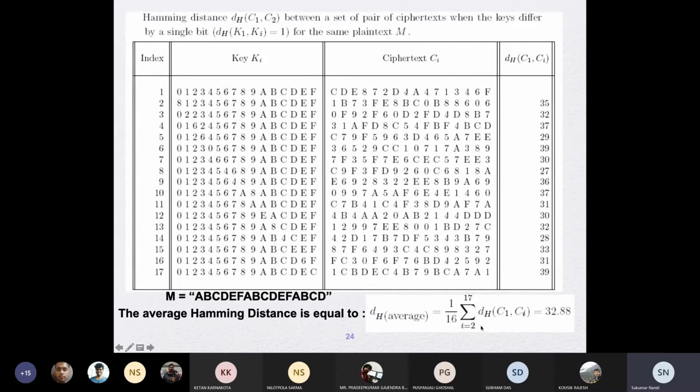And if you average, in this case also, you will get 32.88. So confusion is also found to be very good, very close to 32. So DES is found to be good with respect to avalanche.